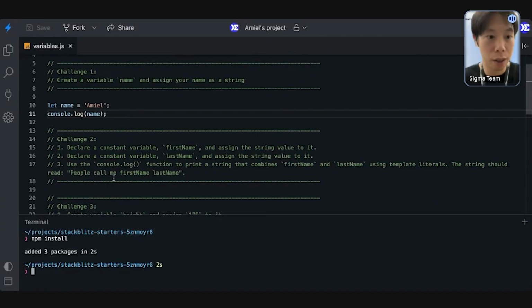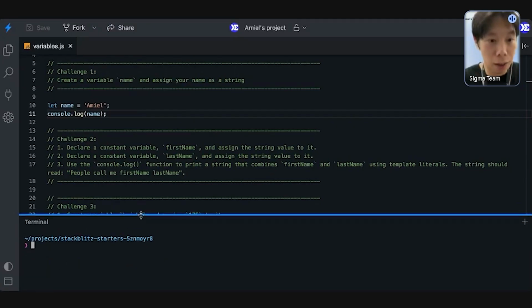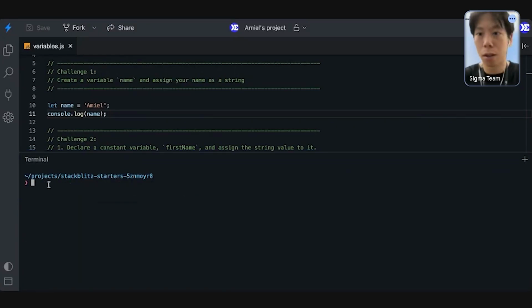And what you can do is in the terminal down here, right? So a good way, if you have typed in a lot of code, you can just type in clear and you click enter and it clears everything away. So now to actually run whatever you see on your screen, all you need to do is type in the same thing as I do, NODE, node, space, and then the name of the file you're currently on. So basically it tells the code editor to run that specific file. So all the code that you put in that file, it will only run whatever is in that file.